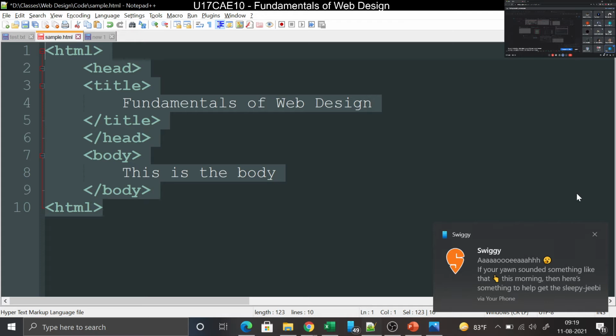And I'm putting U17CA32 and something like this. I'm keeping on putting. Is this more readable than the first one? Yes, sir. It is better than the first one.